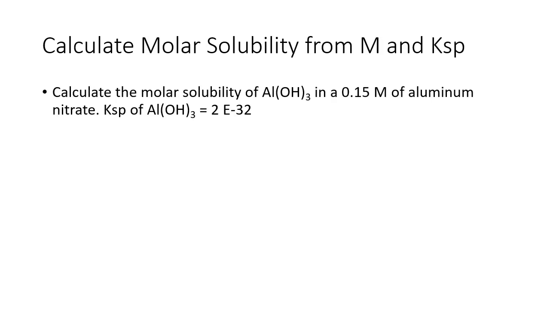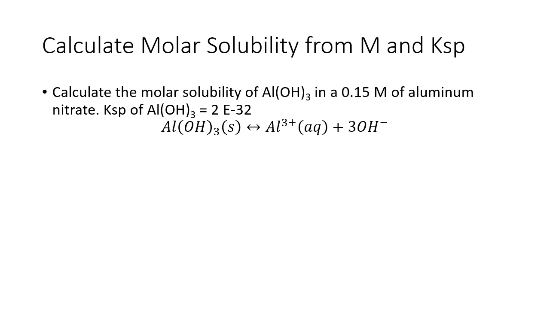Okay, what else? All right, so let's calculate molar solubility from molarity and KSP. And this particular problem is the see if you understand it problem from this portion of the worked problems in the book. So we're going to calculate the molar solubility of aluminum hydroxide in a 0.15 molar aluminum nitrate solution. So the 0.15 molar aluminum nitrate gives you a source of aluminum ions, and we're going to assume that we have some aluminum hydroxide solid just kind of like hanging out in that mixture. The KSP of aluminum hydroxide is 2 times 10 to the negative 32nd. So